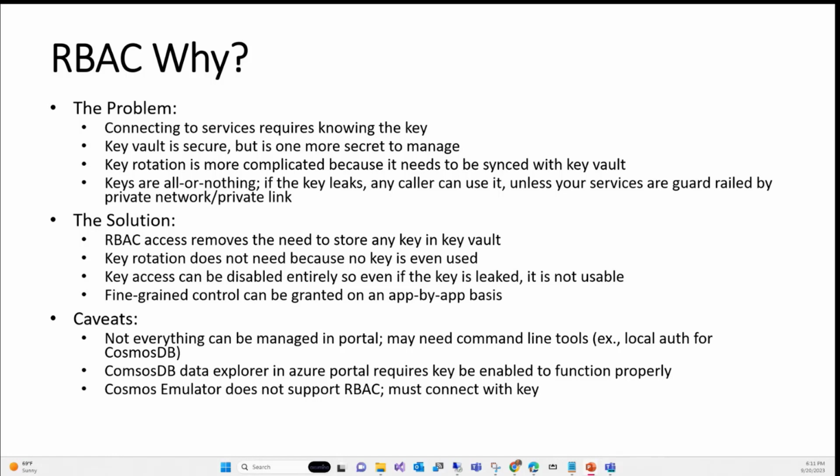In order to access the key vault, you're going to go through a managed identity, user managed identity, or the service principal, one or the other form. We'll explore that. But the best mechanism is to store those connection strings in a key vault and let your application on start read the connection string from the key vault and then use it, which is secure, right? But you still need to manage that key in the key vault. And you may need to often rotate those keys, right? But the rotation process is not easy.